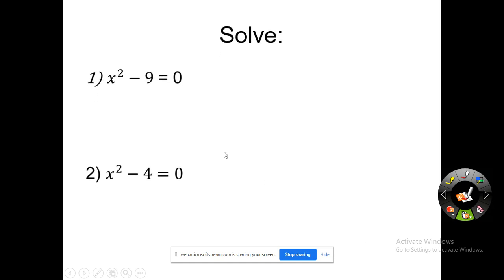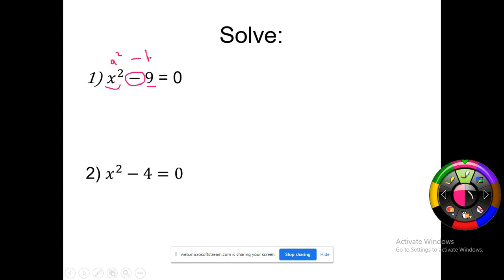Okay, I have those two. If I look at this one here, I can see that I have two terms, x squared and minus 9. And as I told you, I will ask myself, can I see something in common? No, this is x squared, this is 9. Does this one remind me of any identity? Yes, because this one reminds me of a squared minus b squared, because 9 is 3 squared. This one reminds me of a squared minus 3 squared. I need to memorize the identities. A squared minus b squared gives me a minus b, a plus b. So when I see two terms, squared and squared, it's a minus b, a plus b. So it will be x minus 3, x plus 3